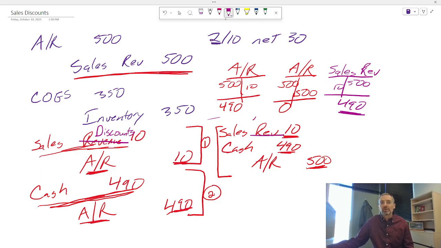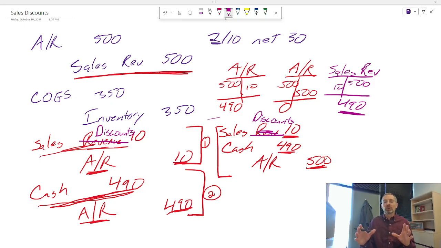Now, what type of account is sales discounts? This is very similar to the accumulated depreciation account that we used a couple of chapters ago. And this is a contra account. It's a contra revenue account. So contra accounts are used when you don't want to put everything directly into its related account. So with the property, plant, and equipment, we had some equipment. We don't want to directly reduce the equipment when we depreciate it, so we're going to track it in this separate account. We do have to combine them in the end, but we want to track the two things separately.